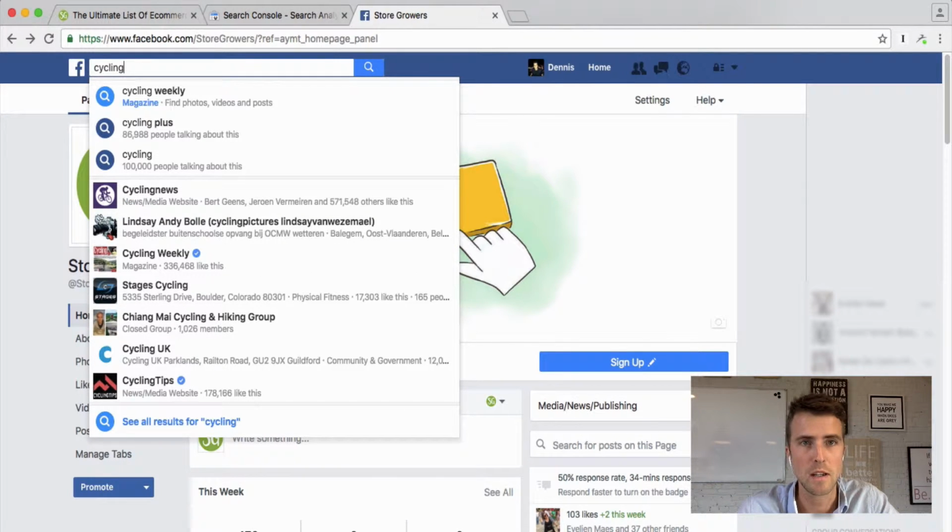So I'm gonna enter cycling, not cycling jerseys or equipment or sports equipment, because people are not gonna join a group in order to be notified of the latest new jerseys coming out. They might join a group because they're really into cycling, and it's a place where news gets shared on different races, on different events,